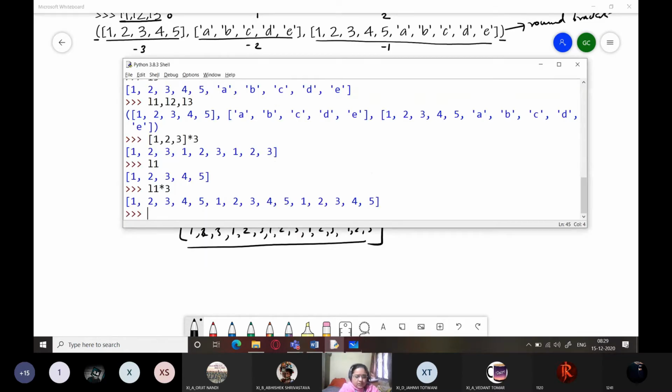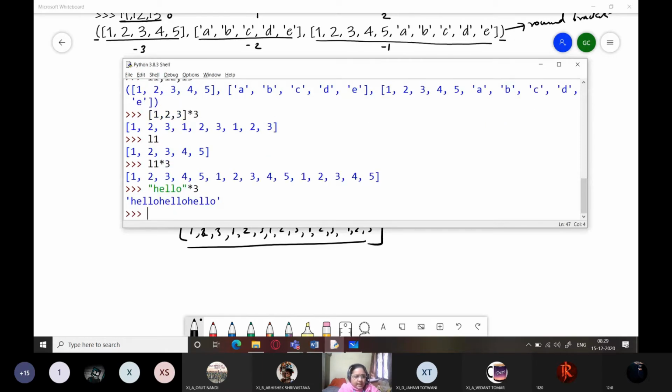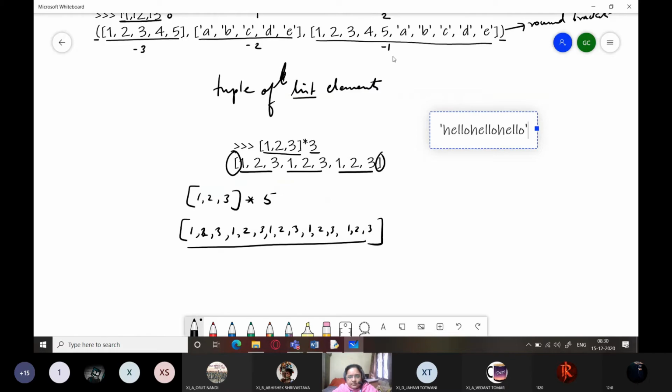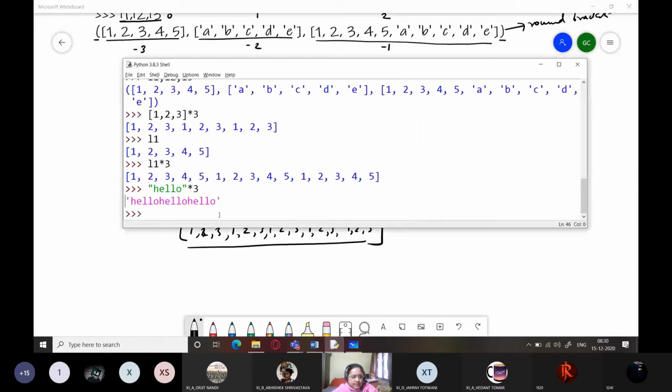Same is with strings also. If you write hello and multiply it 3 times, it will also be considered as one whole string. How to get a space in between? You can simply write hello plus space.